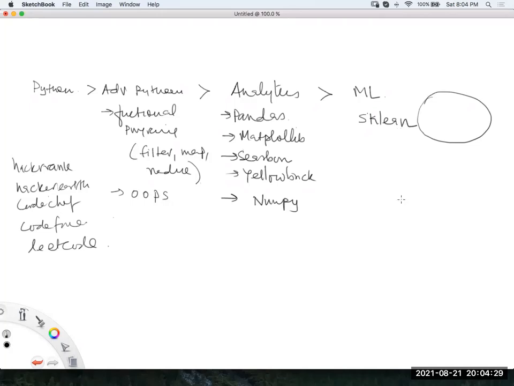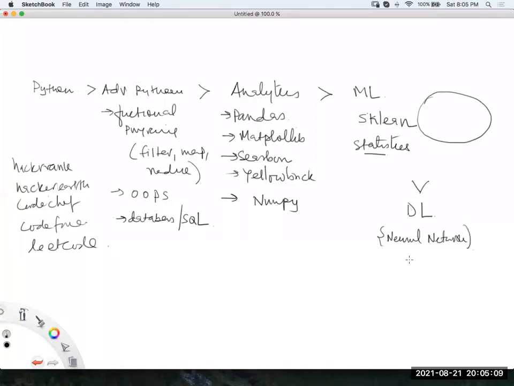Once you have a good understanding of the ML concepts, guys, basics of statistics should be there as well. And during this advanced Python, you can have the databases part as well, and you should understand what is a structured query language and all. So after ML, step 2, guys, this is the time to go for deep learning, where you make use of neural networks to solve the problems.